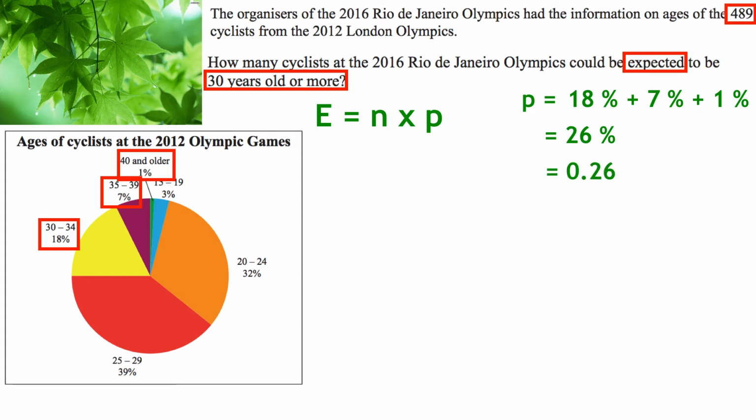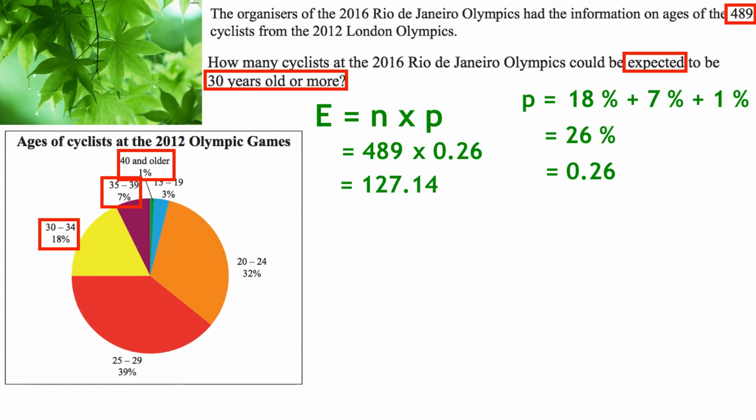Now let's turn that into a decimal. So 26 divided by 100 gives you 0.26. So now we've got that probability. Now we can connect that information as well as this 489 that we got in the very top. We're going to connect that information together to work out the expected value. So our N, our sample size, is 489, and we're going to multiply that by the probability of 0.26, and that's going to give us